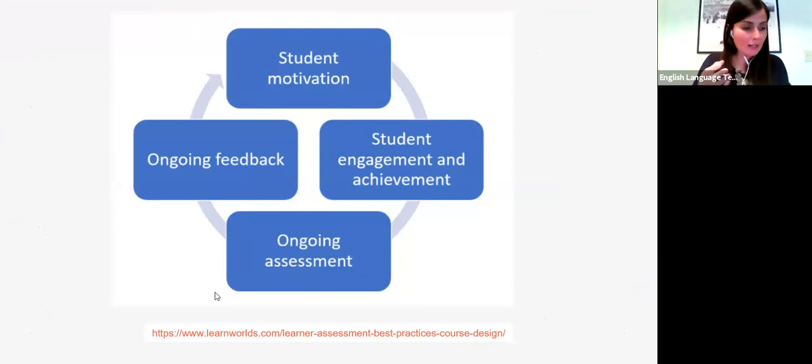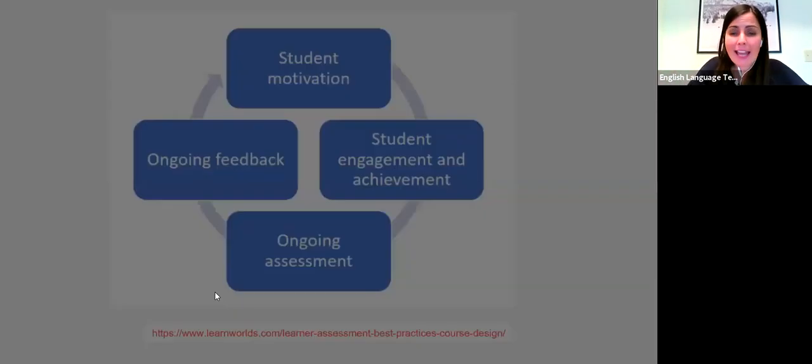So assessment is an integral part of the process, right? So we should not ignore it just because we are teaching online and we are just assuming the worst, that people are going to cheat. I don't think that's the way to go with assessment. It should be a critical component of teaching and learning. Because I see way too many people advocating for ignoring assessment, or saying, oh, it's just tests. Why do we need tests? We need tests. But good tests, good assessment tools, to inform our teaching and to inform learning.